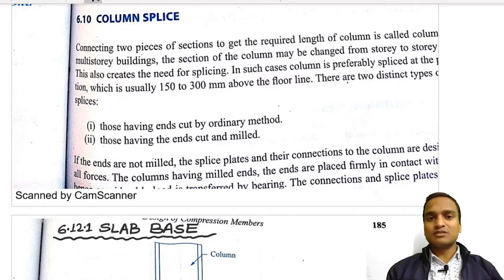So it looks similar to the tension splice, and there is flange splice and bevel splice as we have seen in the tension splices. So they are used for lengthening the length of the column members, okay, and they are basically used to connect the columns from one story to another story. So that's why column splice is used in most of the cases.